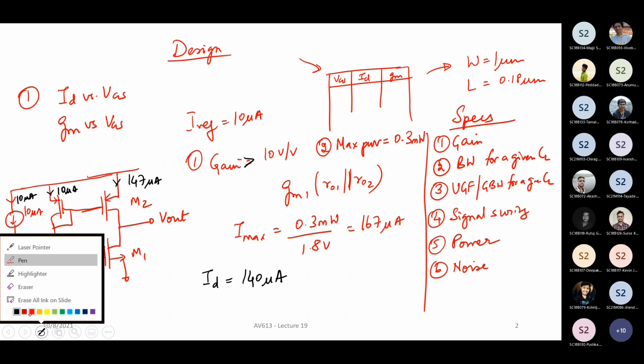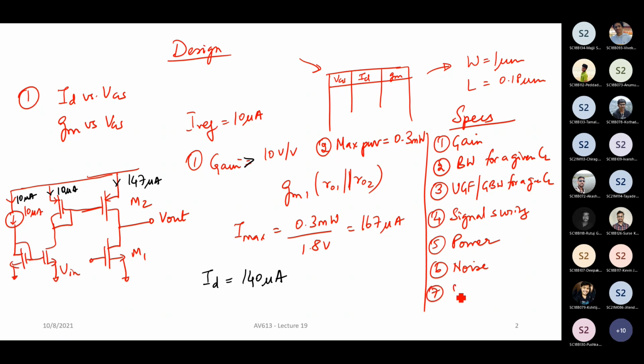Now, another thing in this particular common source amplifier will also be the input bias, the input DC voltage. For example, if my input DC is a certain level, let's say in this case I am taking my input DC to be 0.7 volt, or 0.6 volt. For example, let me just take 0.6 volt. Now, what will I need to do? First of all, I have my current, I have my input DC.